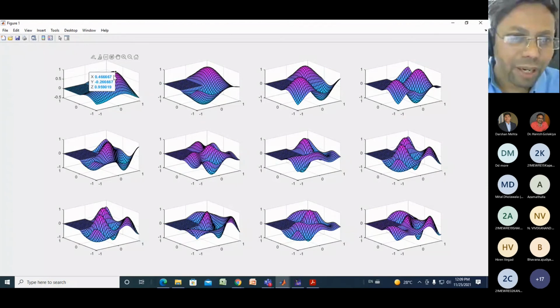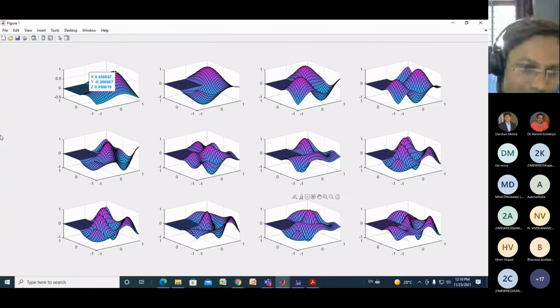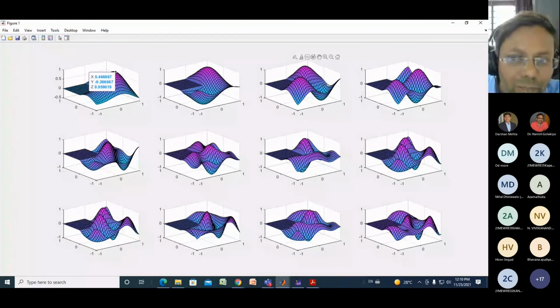For an example, at this particular value, you will find the value of this x, y, and z coordinate. In many MATLAB books, you will find this kind of figure. Membrane function means it will find the particular point and the value of the coordinate at that point. As electrical engineers, we use it for the pole zero application, and from that we find out the stability. But in your domain, I do not have much idea how you would use this membrane function. But this is one of the graphical representations of a 3D plot also.